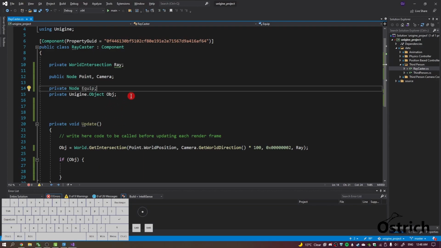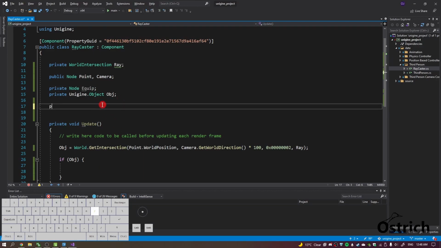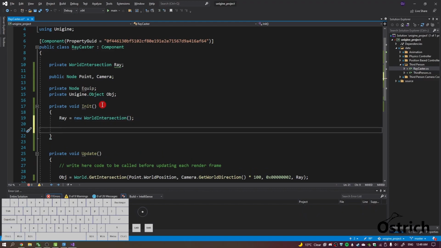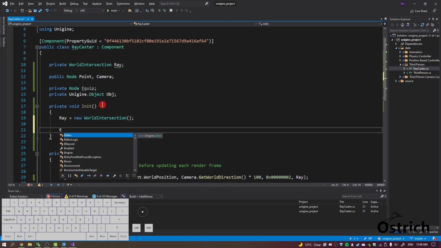So let's go back here. We're going to do a private void, and we're going to do the init because we actually need to initialize two things. So first things first, we're going to make the ray as a new world intersection. You'll find out why later on, literally in the same episode. And then equip,